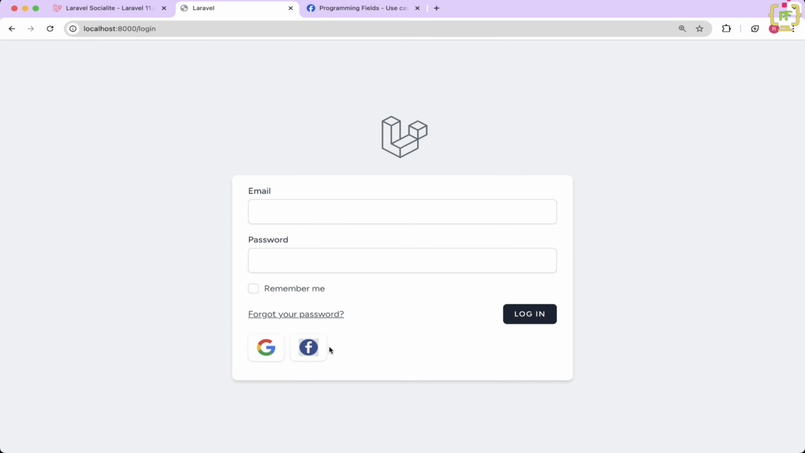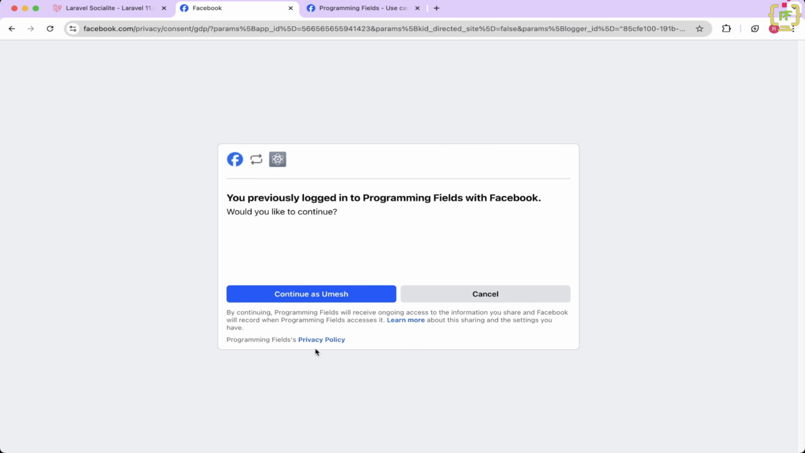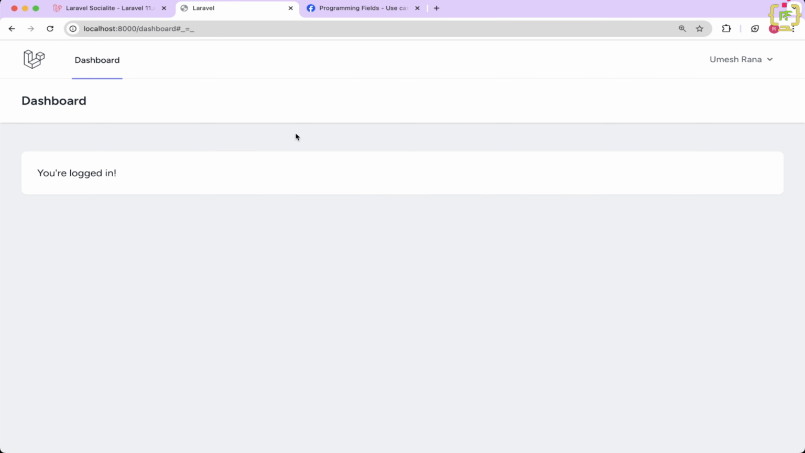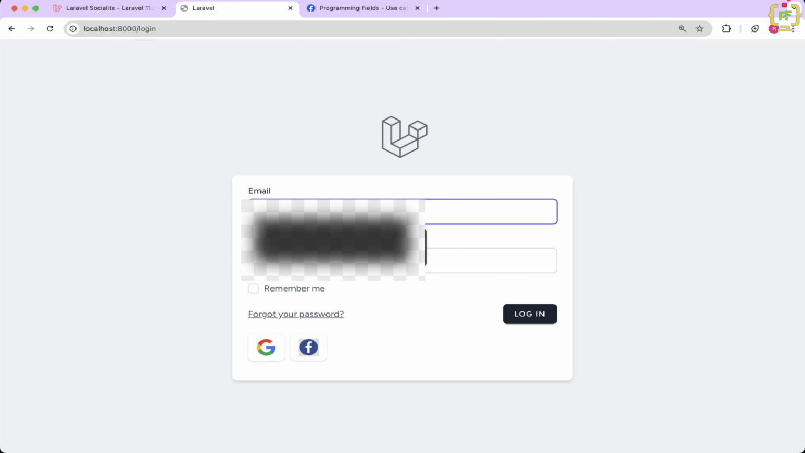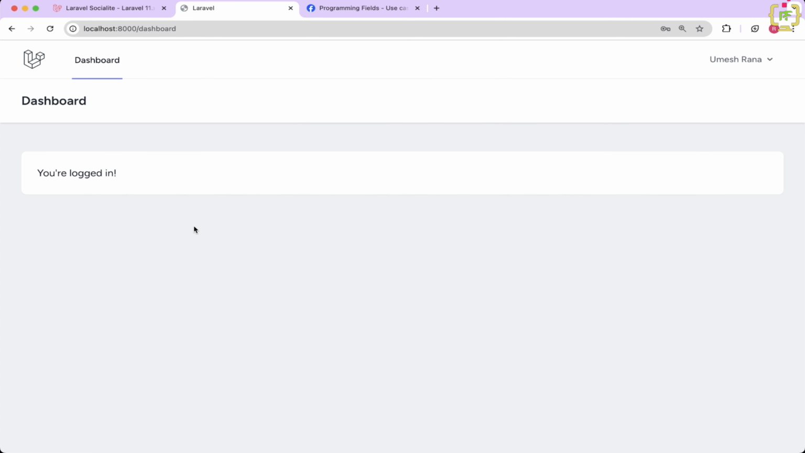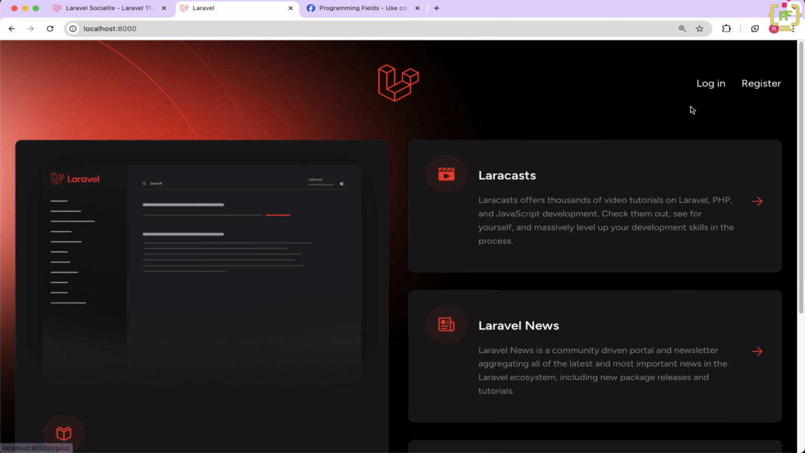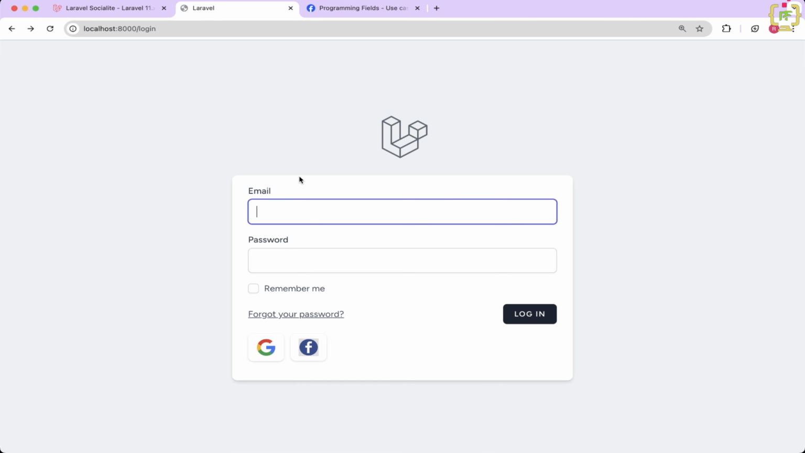I will try to log in again with Facebook. We'll have to continue with the profile again. Yes, again we have logged in and we have been redirected to the dashboard page. Now if I log out and try to log in through the password again, I have the registered user and the password as password@1234. Yes, I have successfully logged in through the password as well. Okay, this is fine. If I log out, that's all. We have successfully set up the social login and we have implemented the login with Facebook in our Laravel application